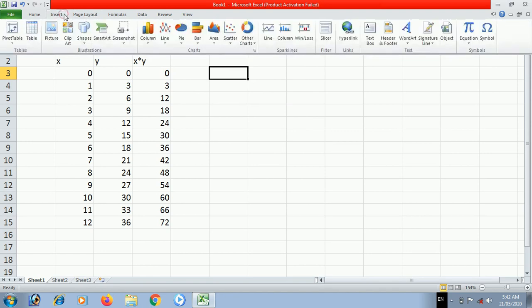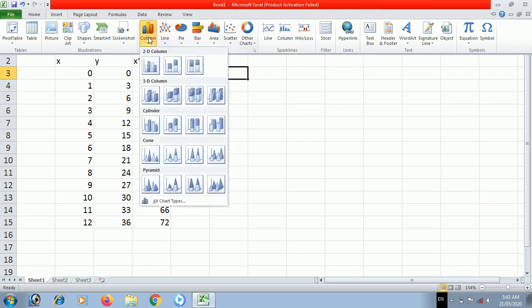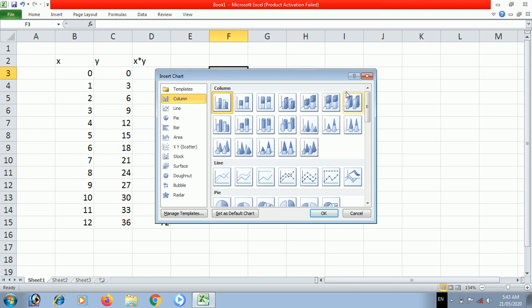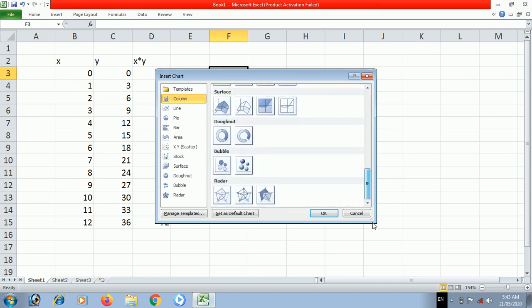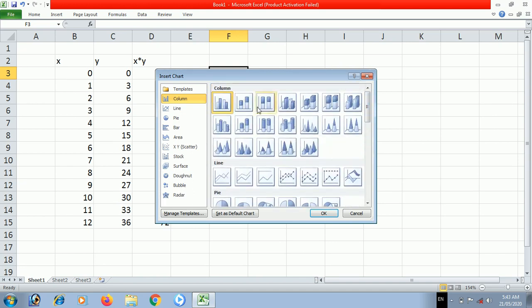There we'll go to the insert menu. In the insert menu, many different graphs, chart types, are there. These chart types we can use. Now here I will use column for the first demonstration. When I click this insert column, a drop down list will open. All chart types is there, and these different chart types are there. If I click all chart types, the all chart types dialog box will open. We can select the chart type which we want.